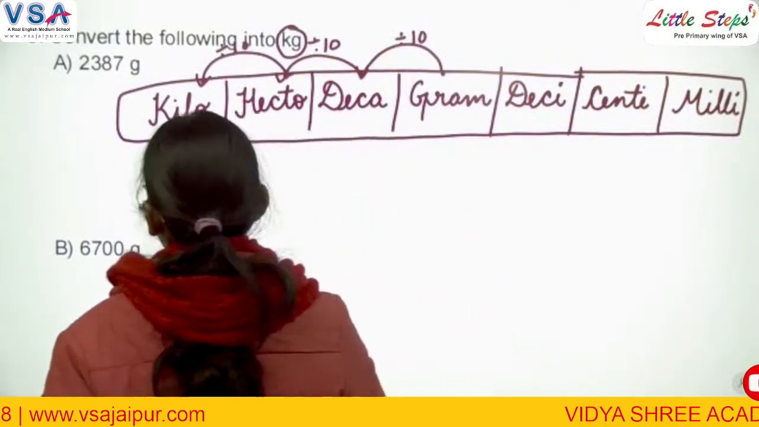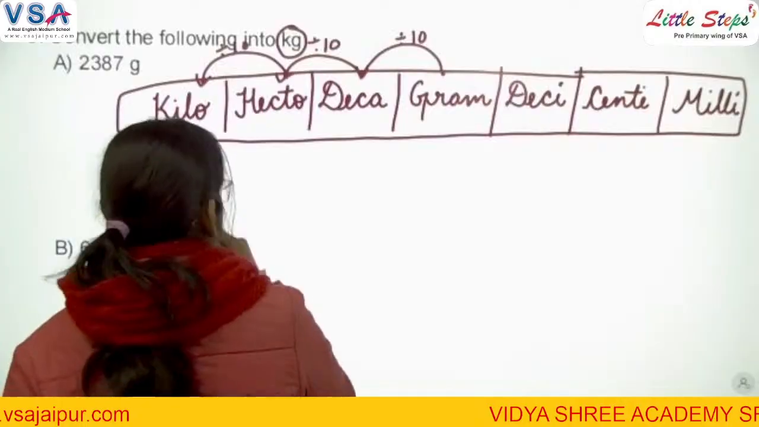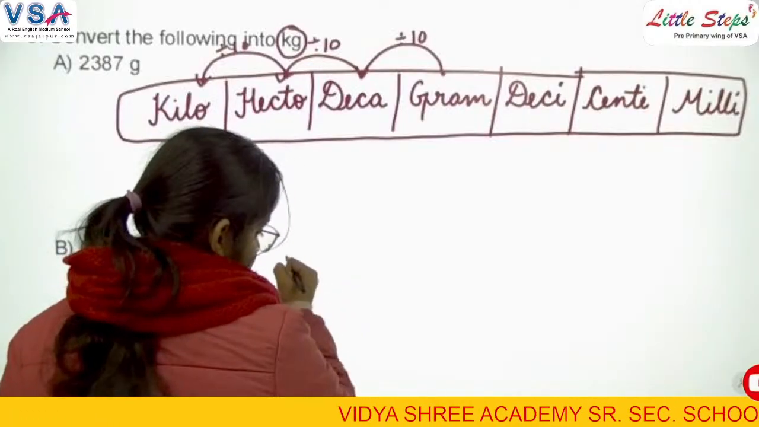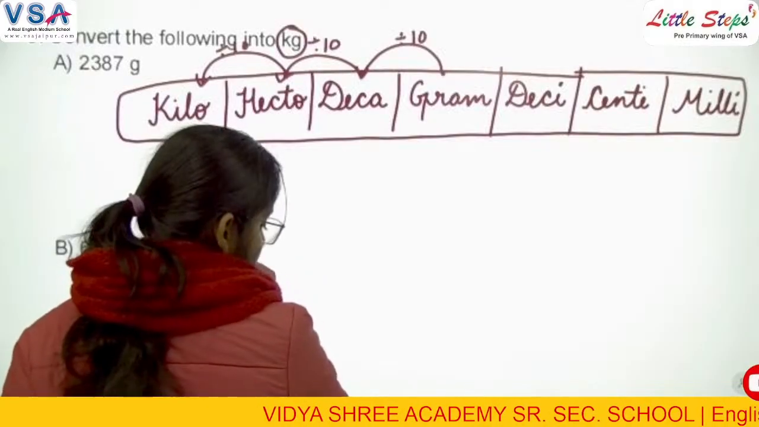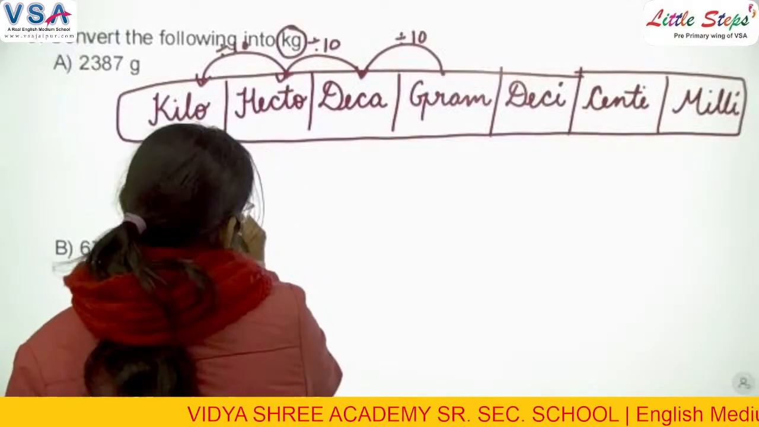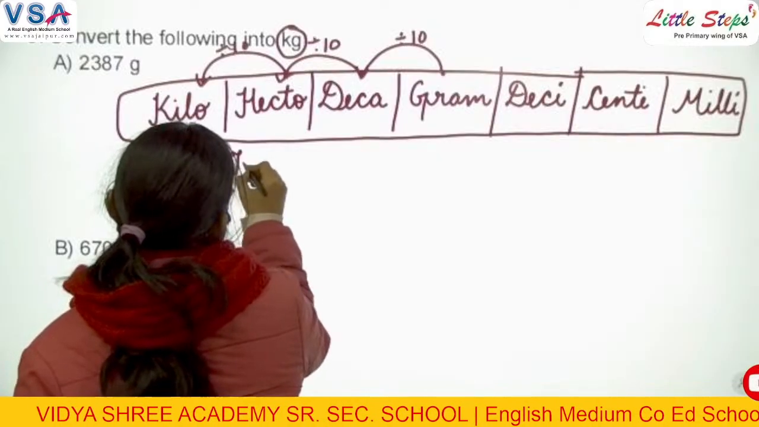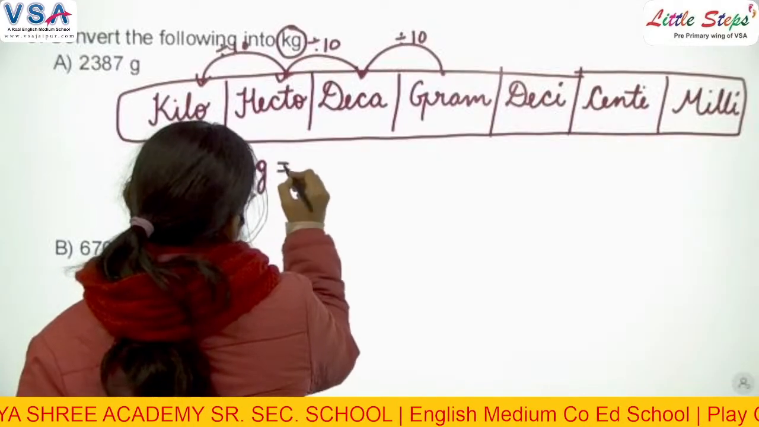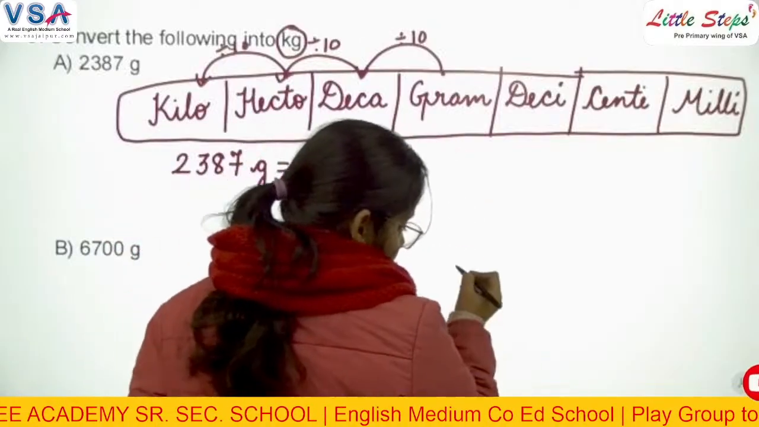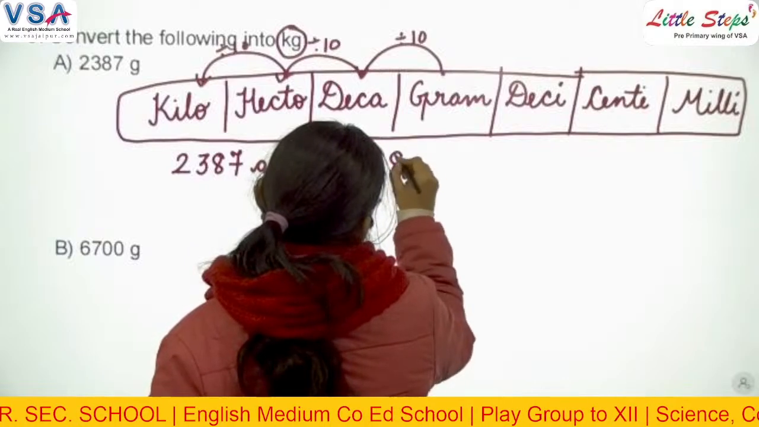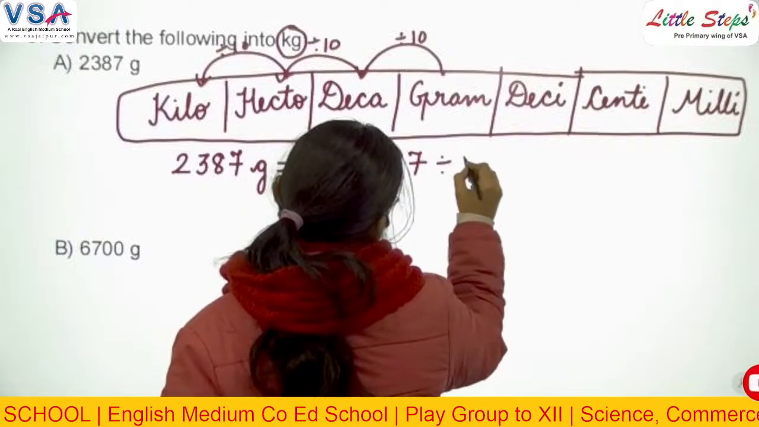2387 grams by 1000, right? So what will we write here? We will write here that 2387 grams equals 2387 divided by 1000,